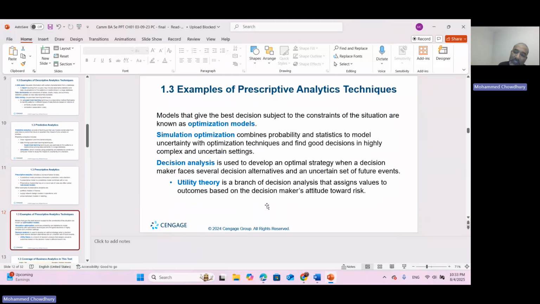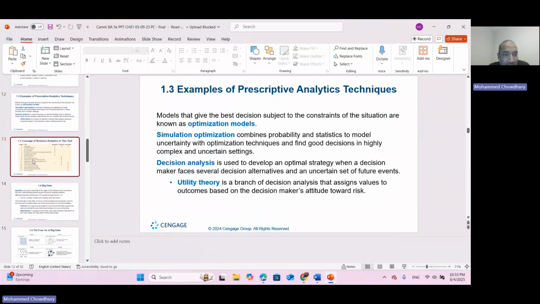So an uncertain set of future events might cause the business to lose revenue unless new products and new developments are adjusted into the current business plan. Utility theory is a branch of decision analysis that assigns values to outcomes based on the decision maker's attitude toward risk. Okay, after this,